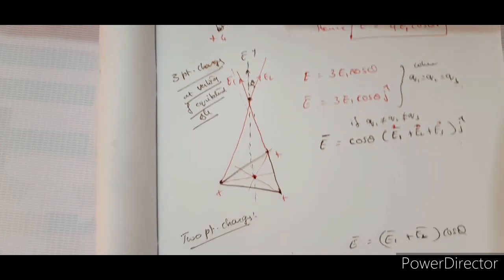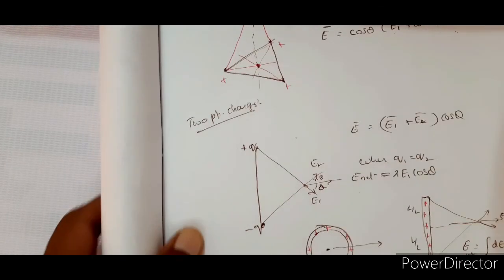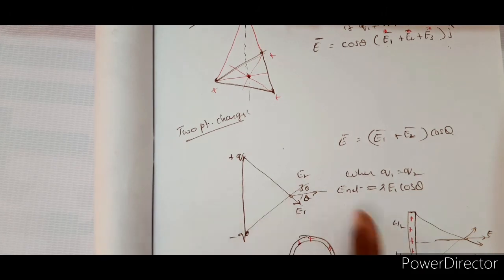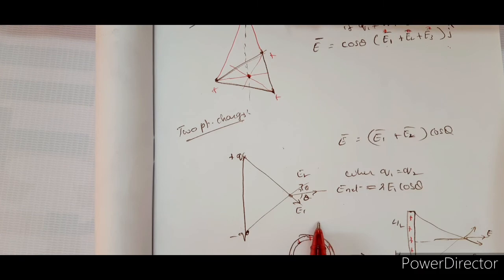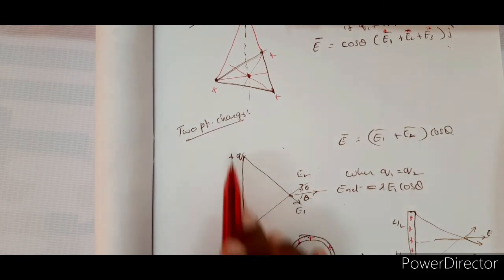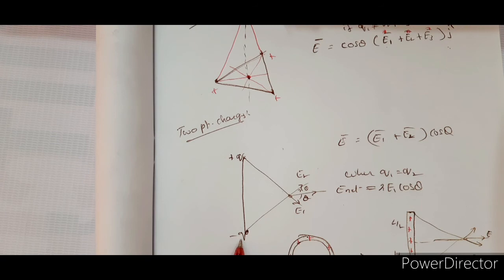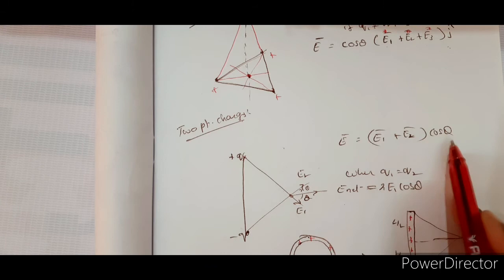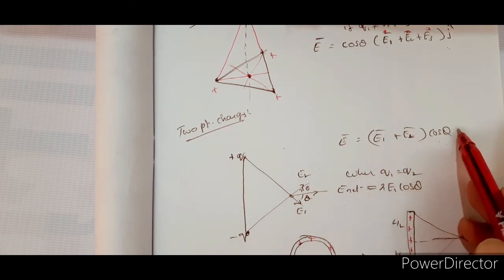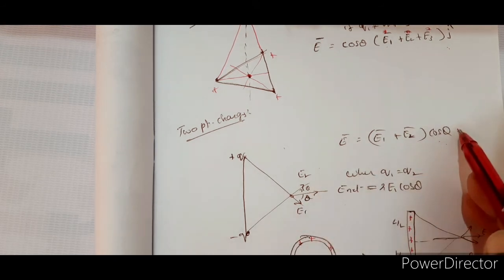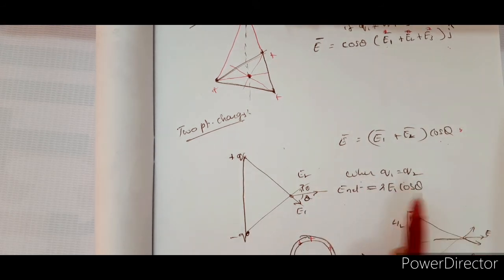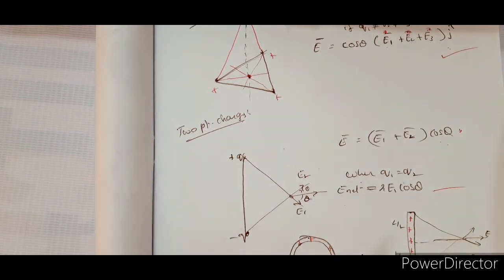Okay. Right. So now the next one here is that suppose there are 2-point charges, like a dipole. Because of this it is E2, because of this it is E1. Right. If suppose 2 charges are equal and of opposite signs, it is a dipole. If different charges are there, then again E1 bar plus E2 bar cos theta, or E1 plus E2 into cos theta i cap, because here the axis you are taking as i cap, right? Or when Q1 is equal to Q2, E net is equal to E1 cos theta. Very silly. All these things are of the same kind. No need to discuss so much.